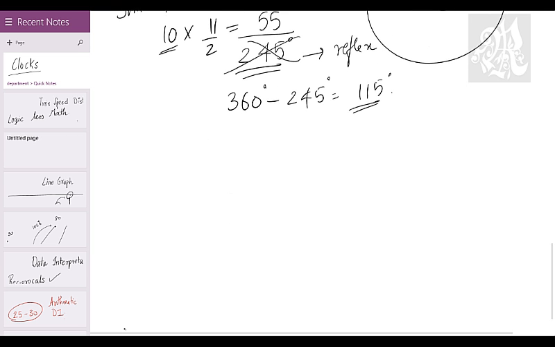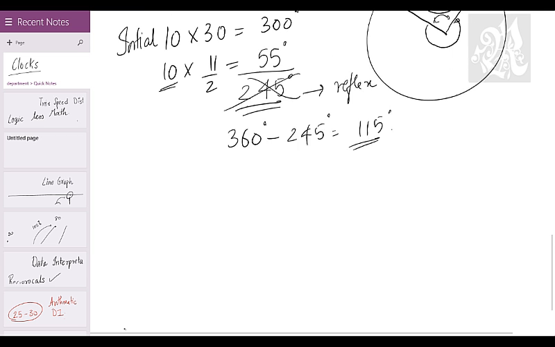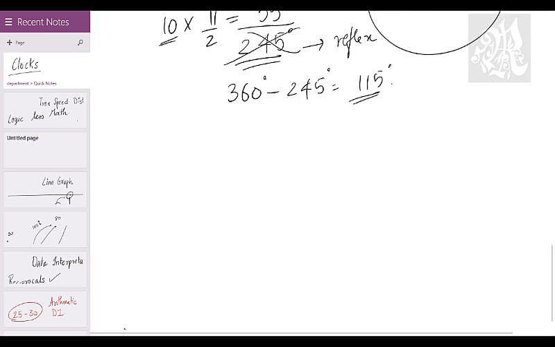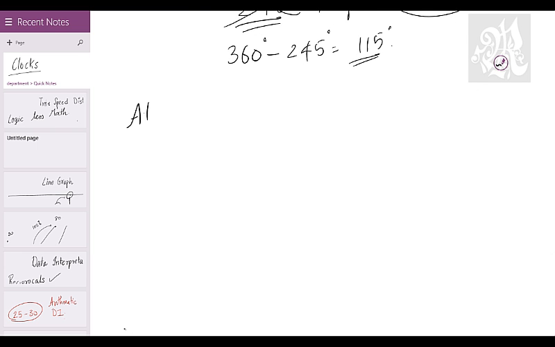Let's talk about the next type. Are you clear with finding the angles? No worry at all. Let's say something like this. Please take this question: at what time between 4 and 5 is the angle 30 degrees? Now here we don't have the time. We have the angle. We have to find the time.